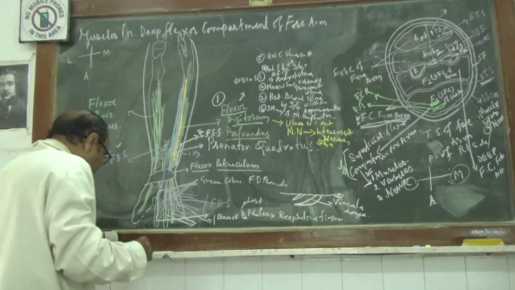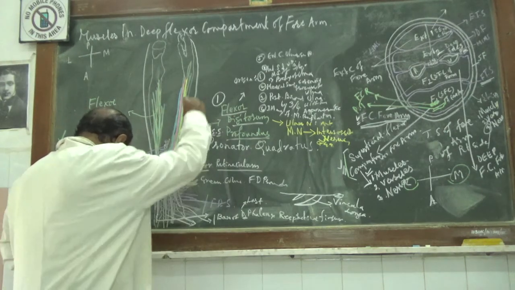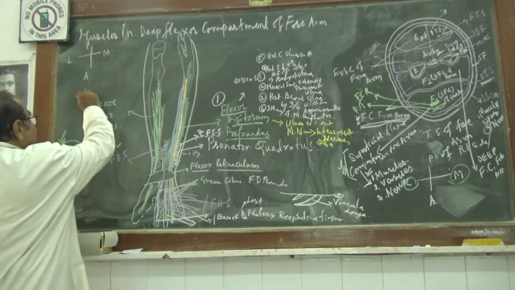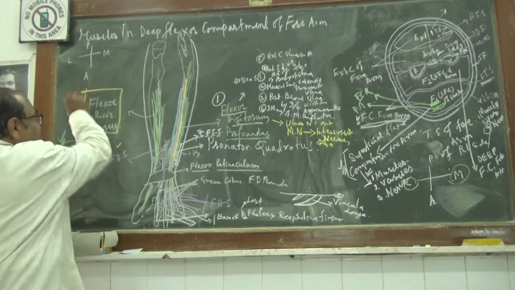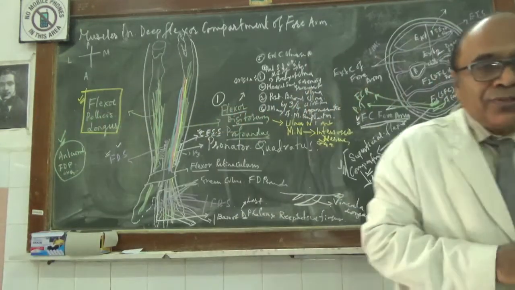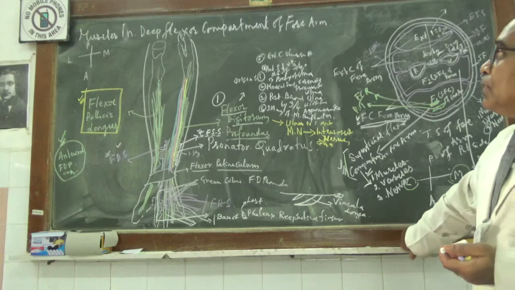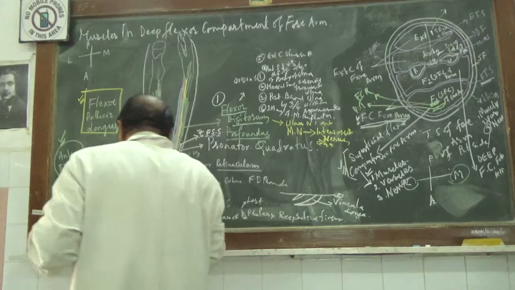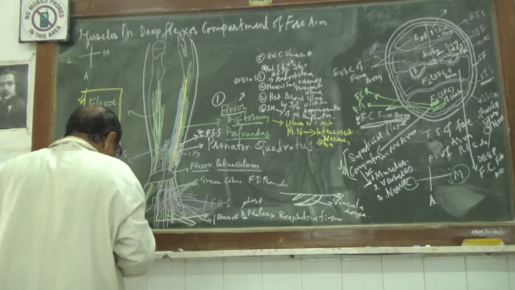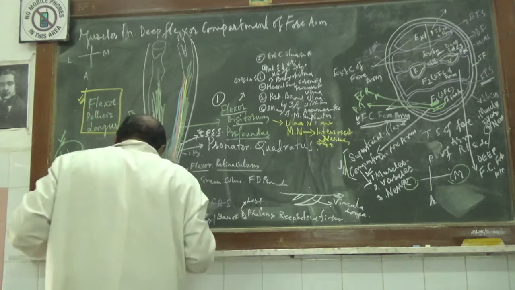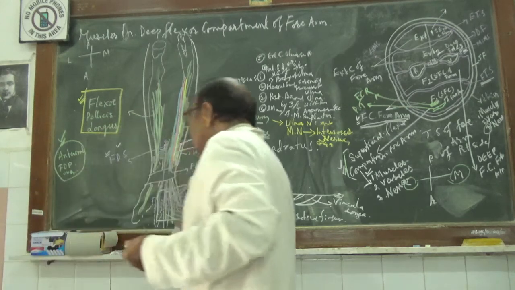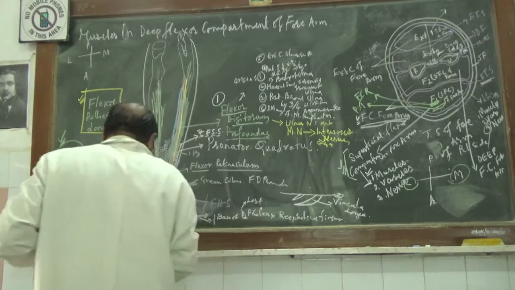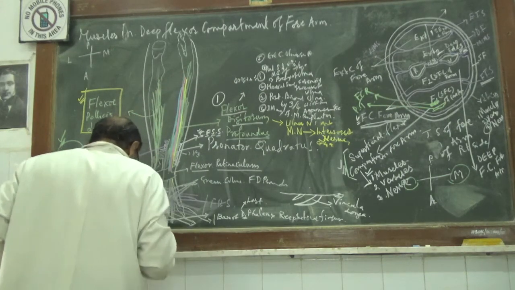Now let us see the flexor pollicis longus. Flexor pollicis longus is the next muscle present in the deep flexor compartment of the forearm. Now this flexor pollicis longus acts solely and entirely on the thumb. This muscle takes origin from